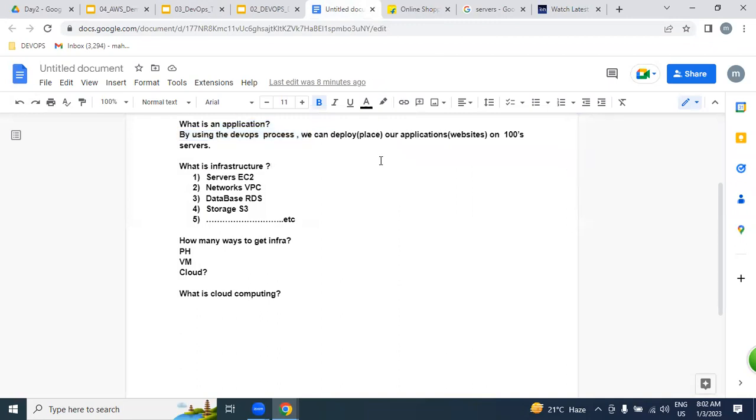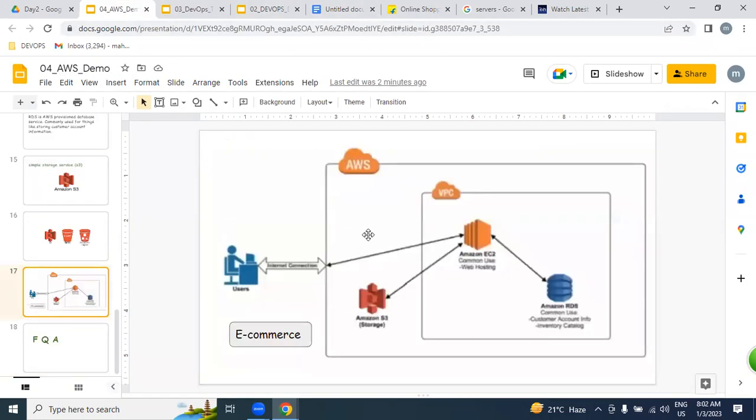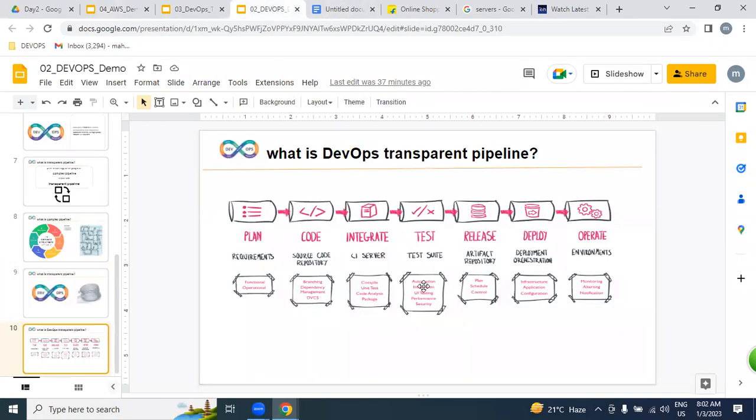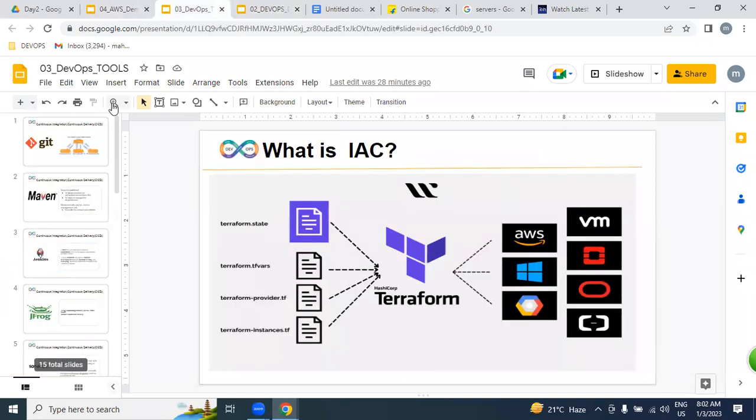So what exactly is the infrastructure required? We can get it from the cloud. Once we get it from the cloud, on top of it we are going to be implementing our DevOps process. While implementing the DevOps process, we are going to be using all these tools. This is exactly what this course is. Is it clear to all of you? What is DevOps? We understood. What is AWS? We understood. What is the relation also? We understood. Getting infrastructure from AWS, we are implementing on top of it an automated process with the help of these tools. Very simple.